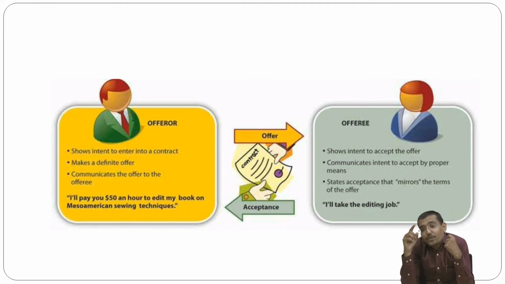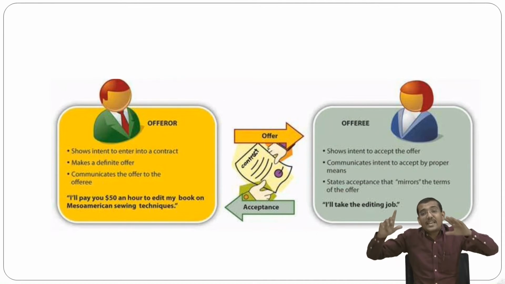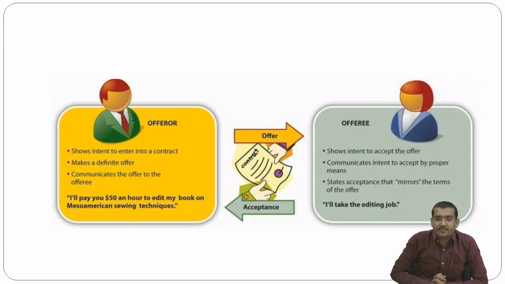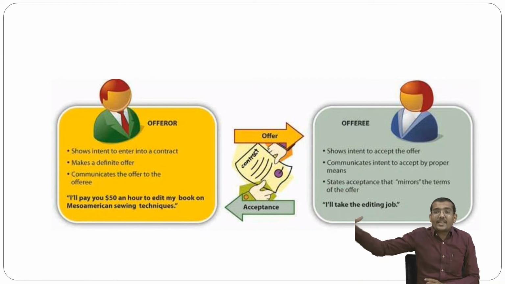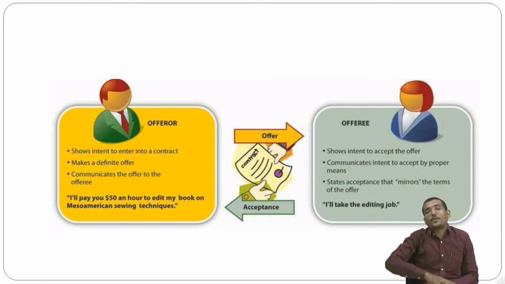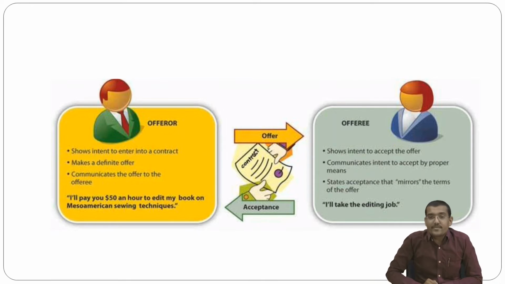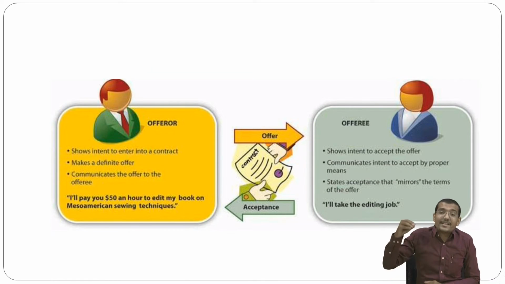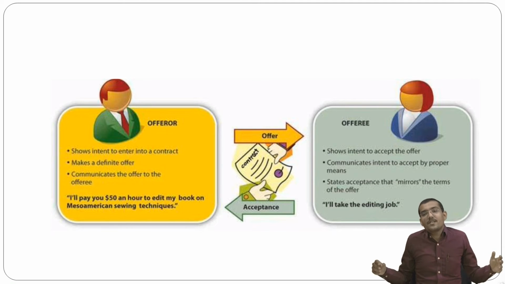And at that point of time, the offeree shows intent to accept that offer, then communicates the intent to accept by the proper means, and states the acceptance so that it mirrors the terms